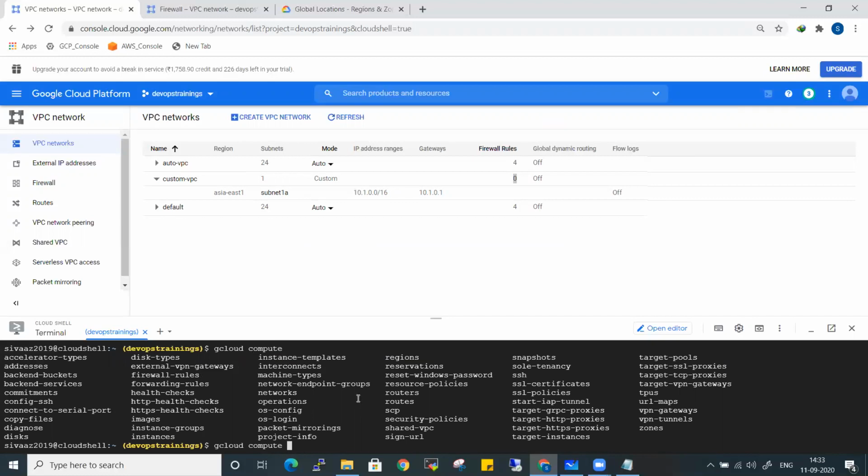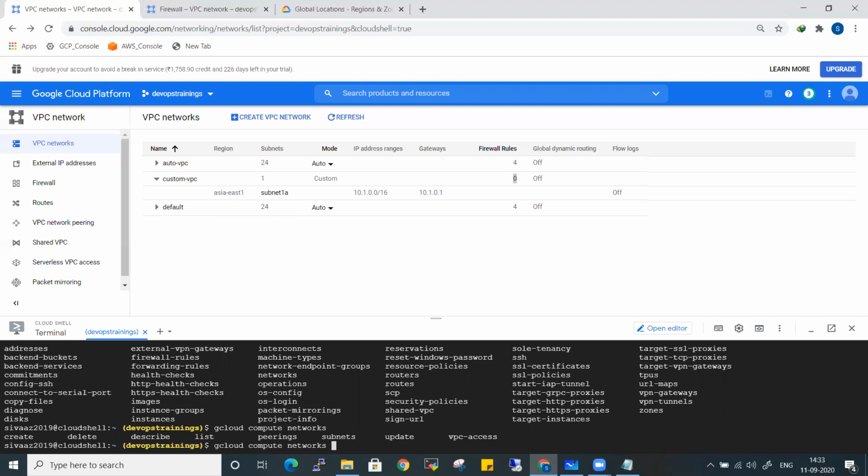Now I want to create a network. So where is the option? Networks is there. Let me type networks, and next again I'm double tapping on it. What do you want to do? I'm trying to create a network. You should be giving your network name, right?